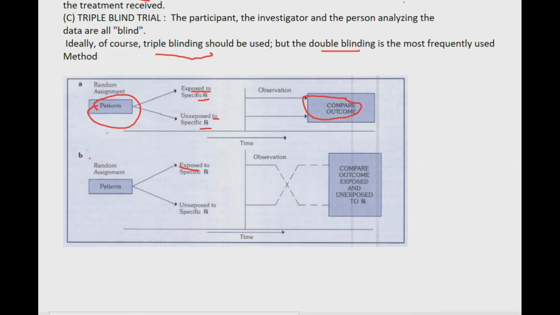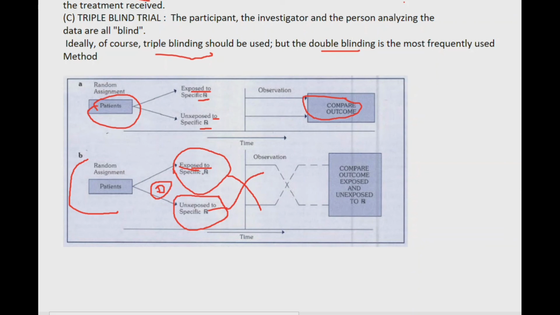In case of crossover, a group is selected in which the exposure group is done first, then the unexposed group. For example, if you are giving a drug which is effective for a particular disease, first for a particular group we give the drug, and the other group we give placebo. After a particular period of time we wait till the drug is eliminated completely from the body of the exposed group. Then after complete elimination of the drug, we interchange them. So the one who was unexposed is given the drug, and the one who was exposed during the first time is given placebo.